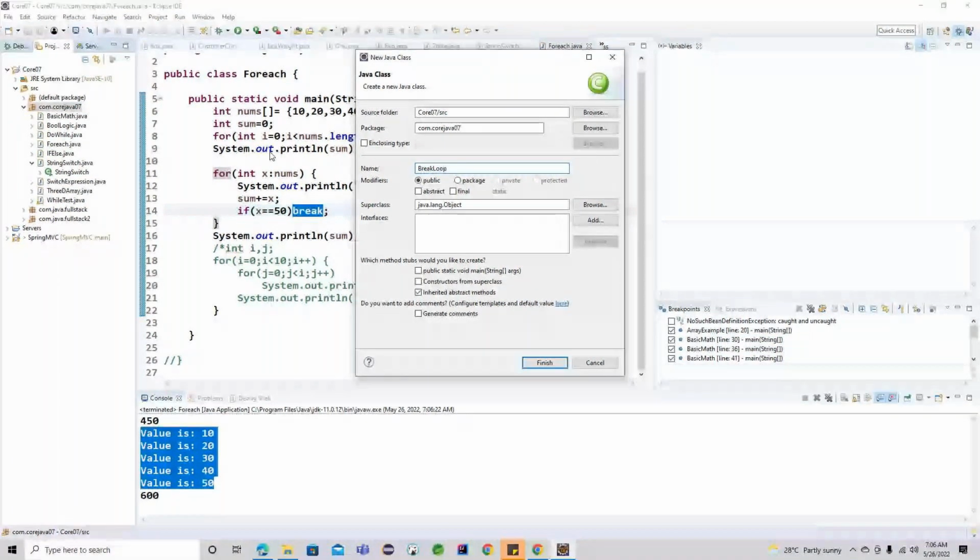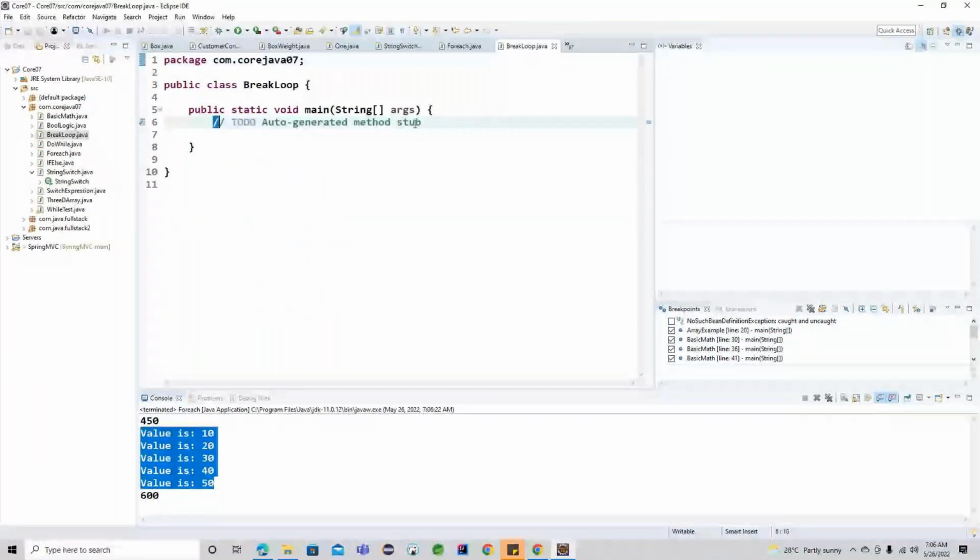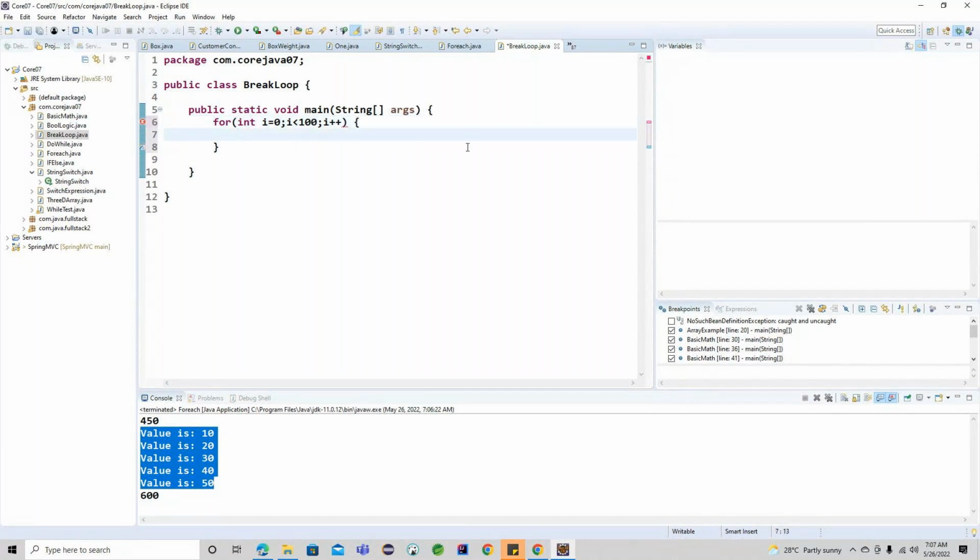I'm trying to write a break loop here, and now you can do this particular loop. We can write here int i = 0 and i < 100. I'm making the condition, so for the iteration I'm going to give i++. Okay, once we provide this particular iteration,